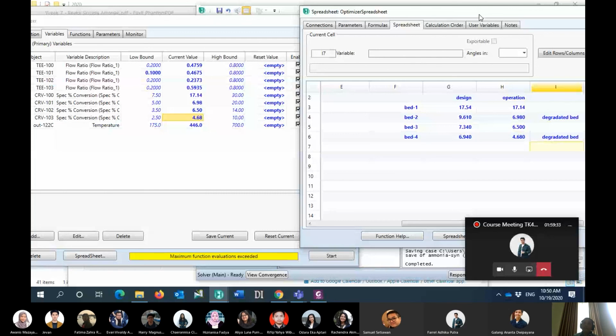But in the case of the flow rate, please change it. You have to change that one, following the flow rate that can be handled by those two compressors. So please don't stick to the value that I put in the startup file.